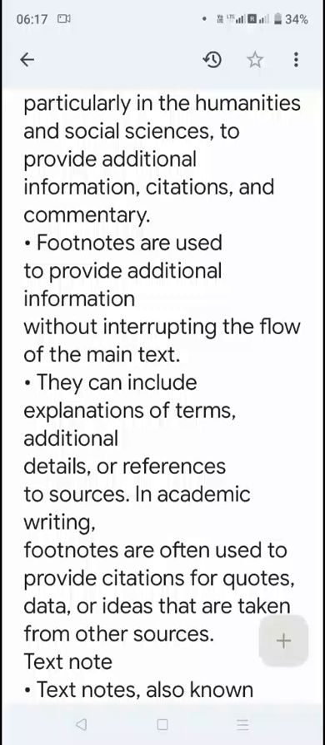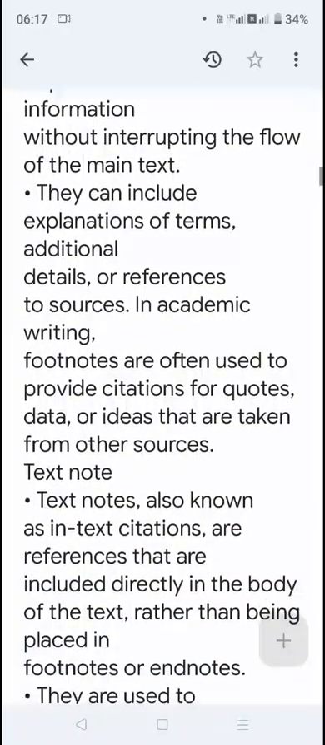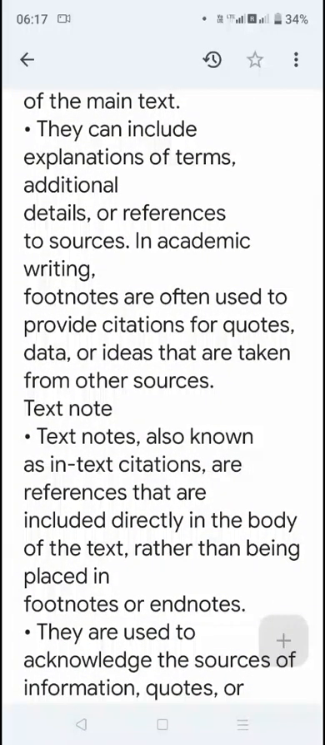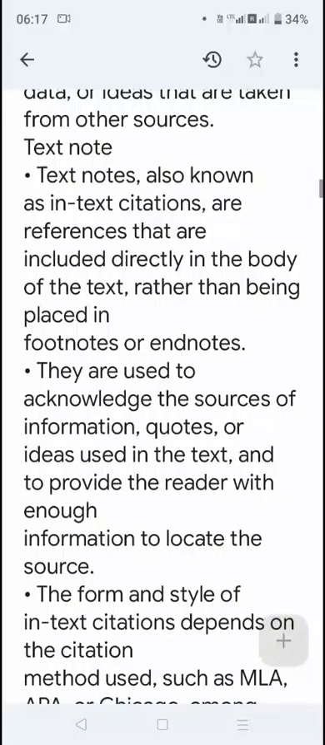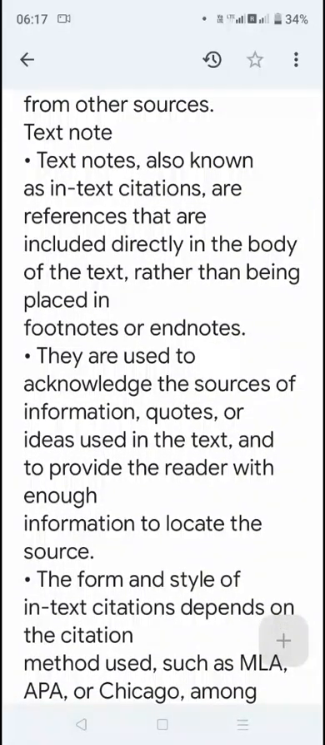Footnotes are used to provide additional information without interrupting the flow of the main text. They can include explanations of terms, additional details, or references to sources. In academic writing, footnotes are often used to provide citations for quotes, data, or ideas that are taken from other sources. Text notes, also known as in-text citations, are references that are included directly in the body of the text,